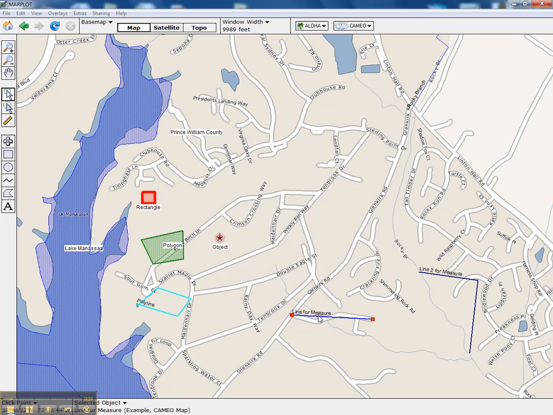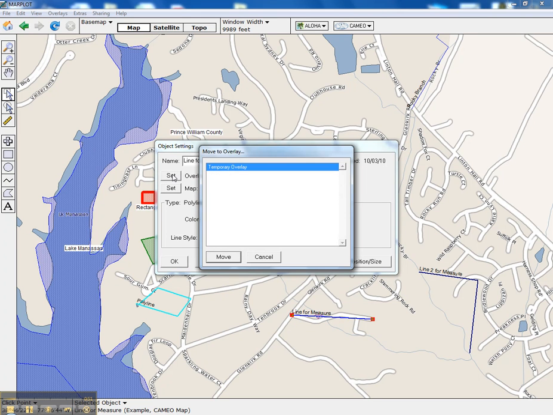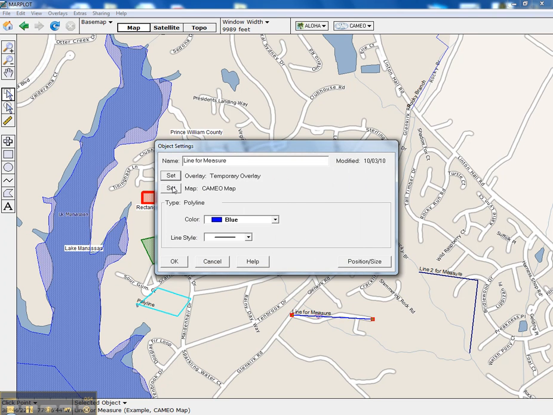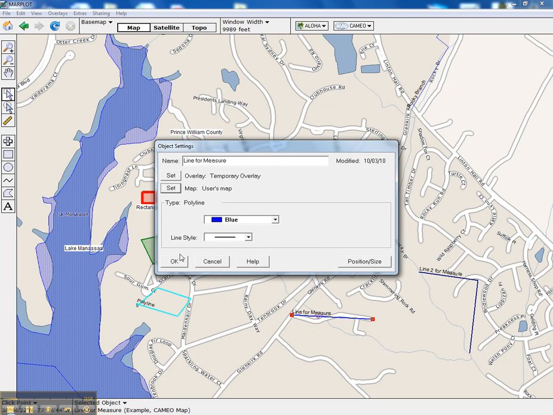We double click. This is where we can put our name. We can set the overlay and the map type, add a color and a line style. So right now it's in overlay example, or I can switch it to temporary, or go back to map if I wanted to change it to user map. When we click position and size,